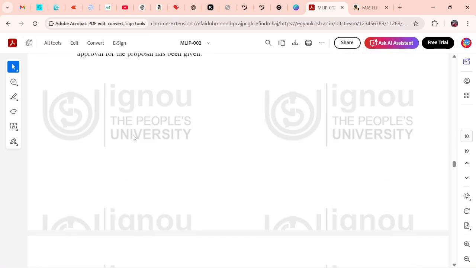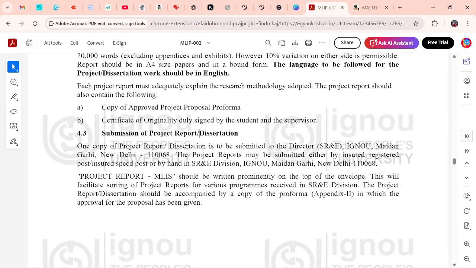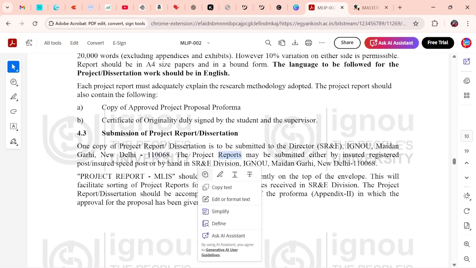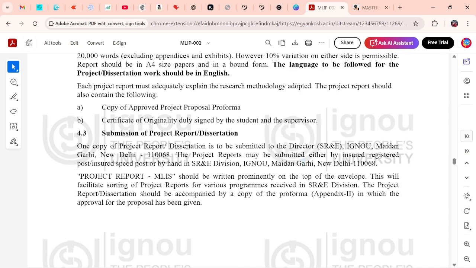Now, submission of your project report. One copy of the project report dissertation is to be submitted to the Director, IGNOU, Maidan Garhi, New Delhi. Okay, so this is the headquarters of Indira Gandhi National Open University in Maidan Garhi. You have to submit one copy there. The project report may be submitted either by insured registered post, insured speed post, or by hand in the division